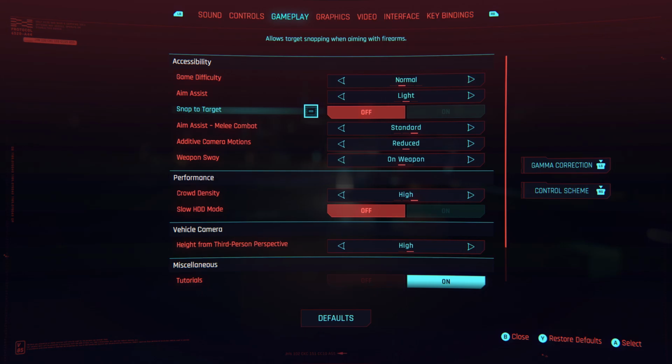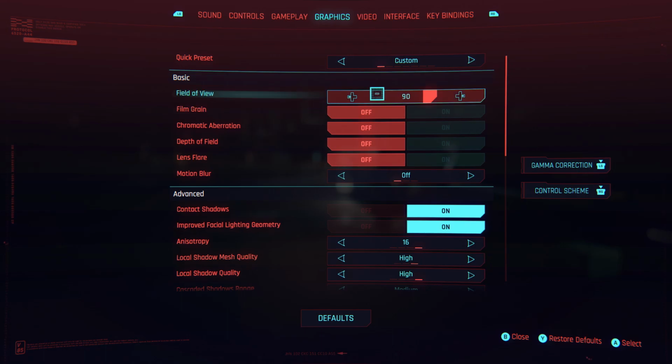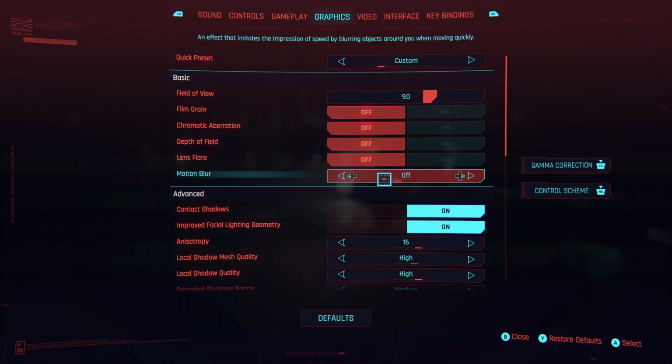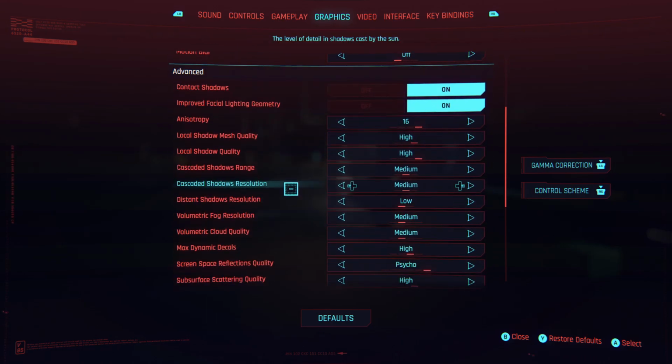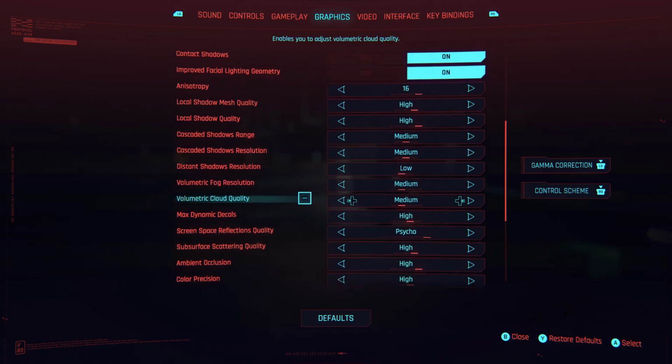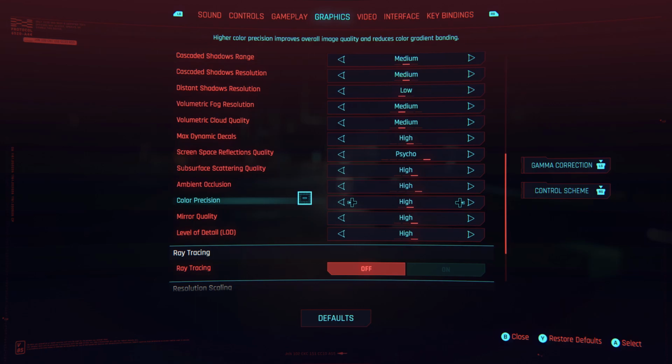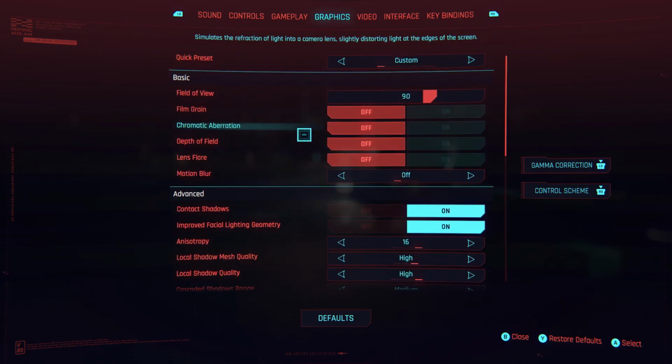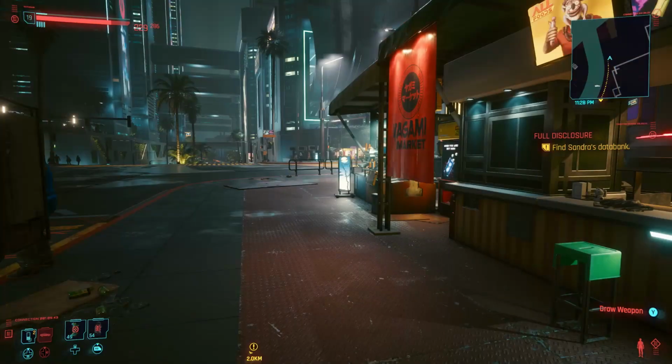Turn off snap to target if that change in snapping to target is throwing you off a little bit. Go into graphics, increase the field of view. Turn off film grain, chromatic aberration, depth of field, lens flare, and motion blur, and you can change some of the cascaded shadows, distant shadows, volumetric fog resolution to medium so that it's less noticeable in the distance and changes on the screen. So those are my settings that have greatly reduced